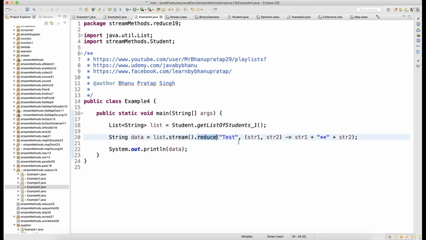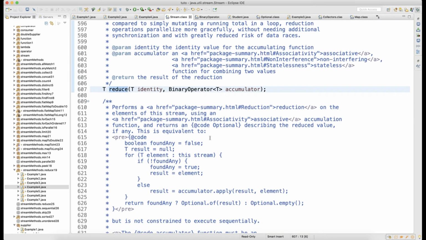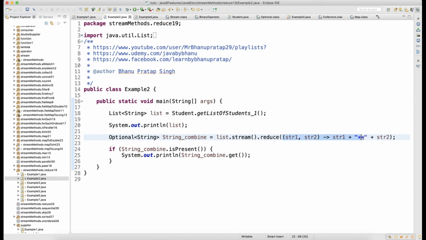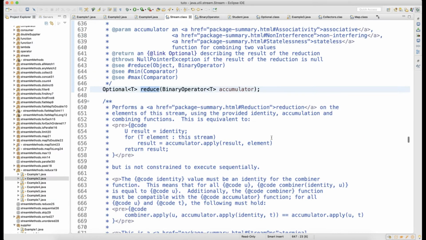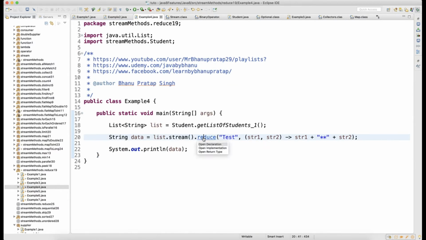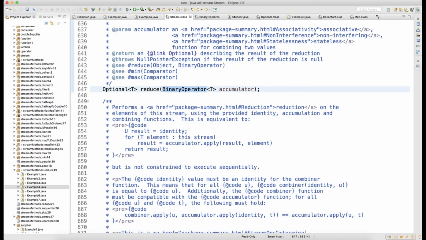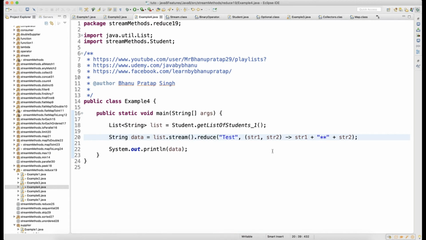Since it is a list, I can call a stream, and when I say dot reduce, there is one condition, guys. Okay, got it, why I took this example. This is quite different. If you look at this, reduce is an overloaded method. The other one takes an identity and then an operator. Earlier, whatever I told you about the reduce method in example number second, I was just reducing it using a binary operator. But here in example number 4, I am reducing by using some identity, which is nothing but the object on which you are performing the reduce, and then an operator.